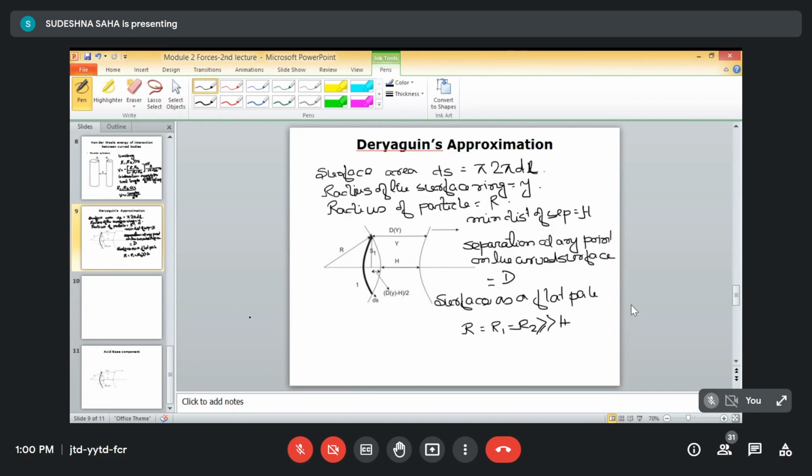So the energy of interaction between them, we can write it as d phi will be equals to g ds. Okay, and this g is basically nothing but energy per unit area, and the total energy of interaction between these two particles, we can write it as phi will be equals to,